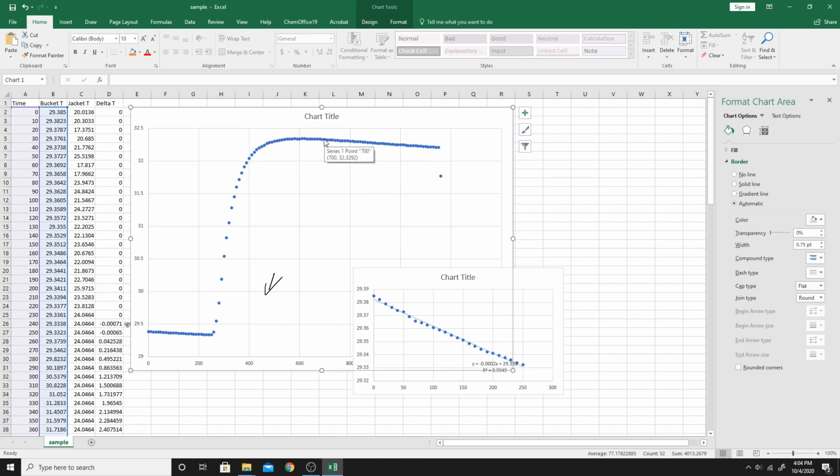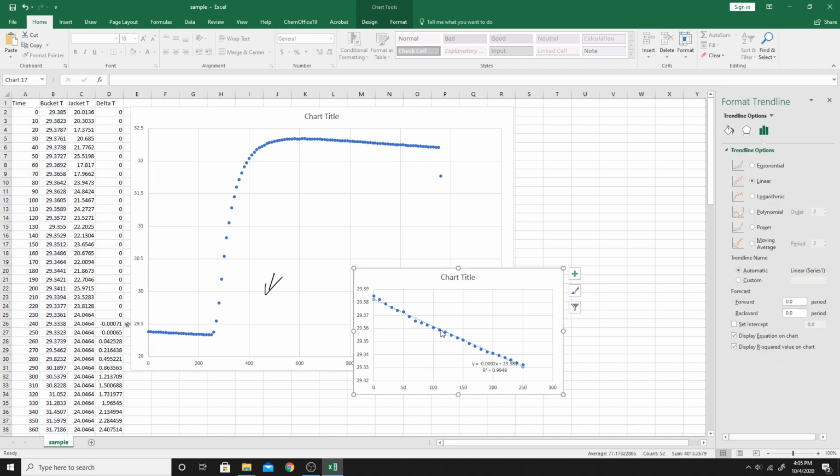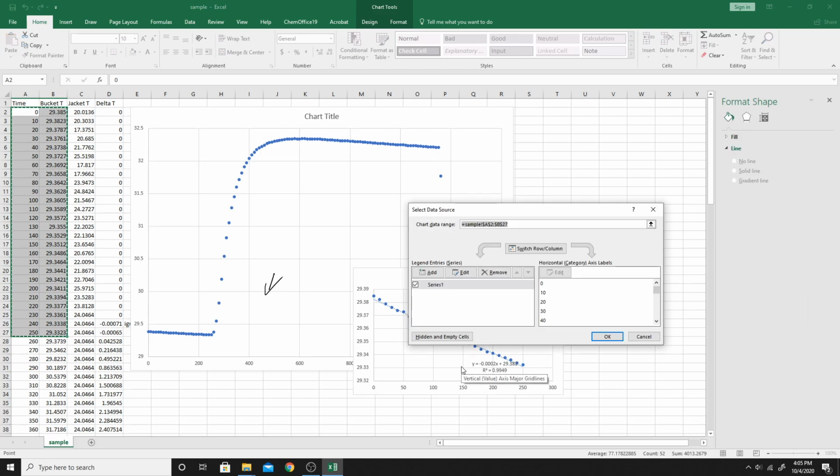Okay, you may think maybe we can choose 690 or 720, and that's okay. You won't make too much difference. Just try your best to find a time so that you get a straight line after that time. That's stage 3. All right, so let's go to this plot, right click it and choose select data,